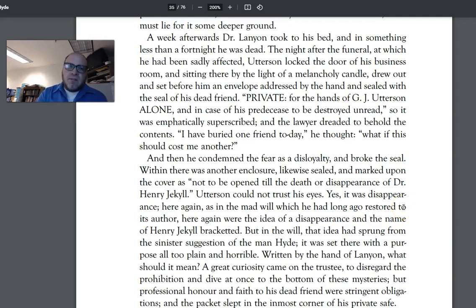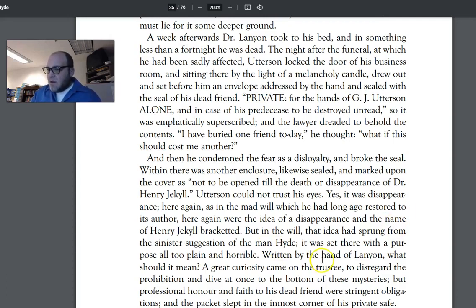So he opens the envelope that's like, "Do not open until I am dead," right? And inside, there's another envelope, and it's like, "Do not open until Jekyll's dead." So it's sort of anticlimactic. He's like, "Oh, good, I'm going to find the answer to all of this," and we're all excited as readers, and then he opens it, and we're like, but that's how this mystery is going. However, it says, not until Jekyll's dead or disappeared. It's weird that Lanyon would write about Jekyll disappearing, because, what? So something's going on here.